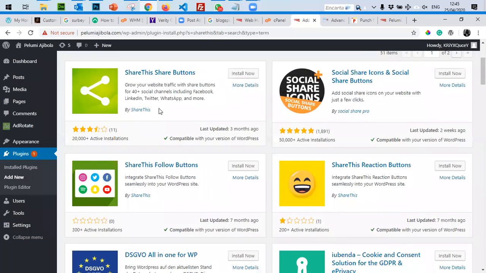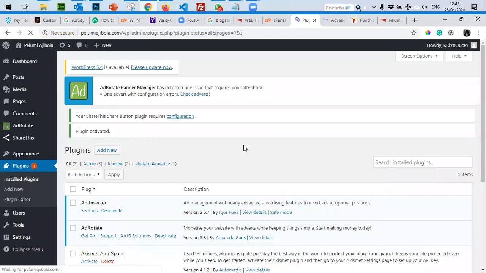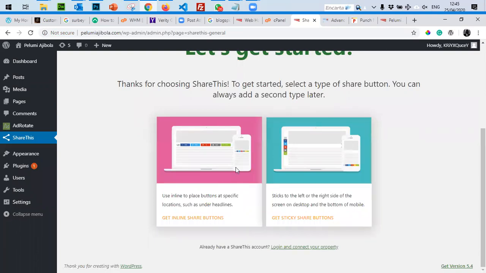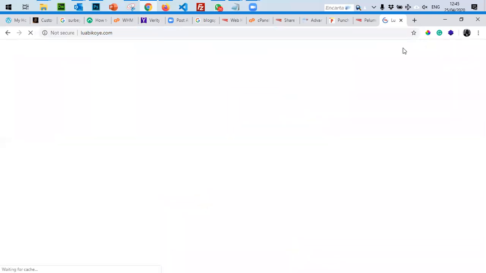We could use this. Install this one. What this does is add a line of code to your page that makes it easy for you to share content, similar to what we have on my own website.